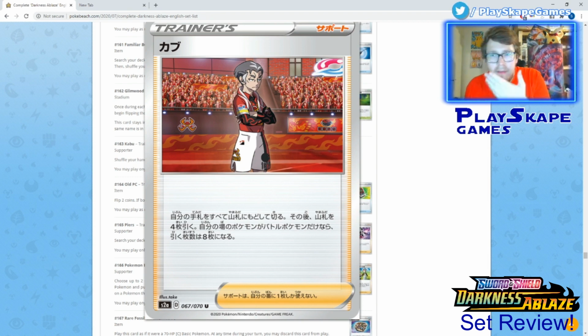So I can see the argument for this in a Greens deck where you've just got a couple of big basics, and then later on you're going to be drawing 8, but you're only drawing 4 at the start of it. You might as well just use Marnie 90% of the time, or